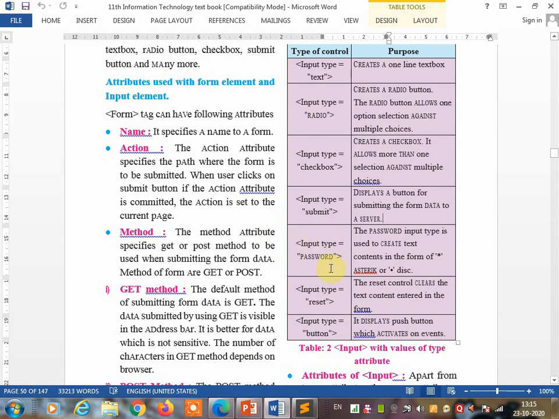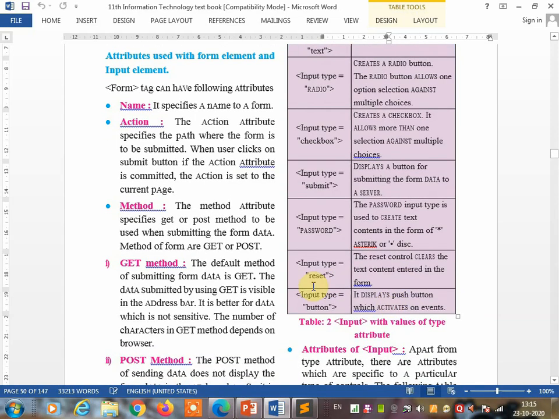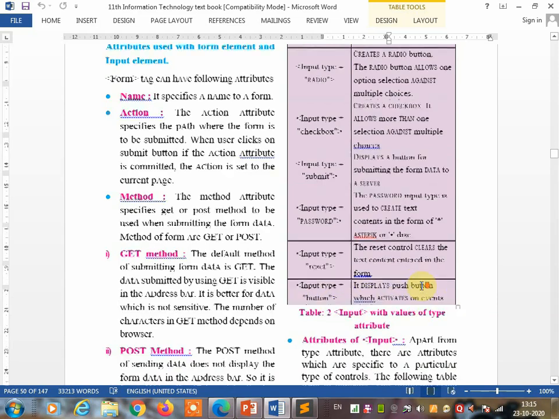Input type equal password displays a text box to enter text, but the text will not be displayed; it will be displayed as asterisk signs or dots. Input type equal reset clears the text content entered in the form. Input type equal button displays a push button which activates on an event.